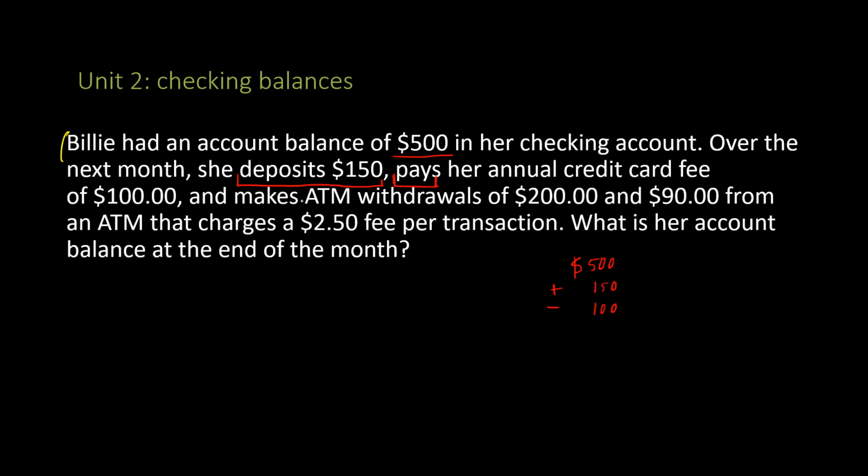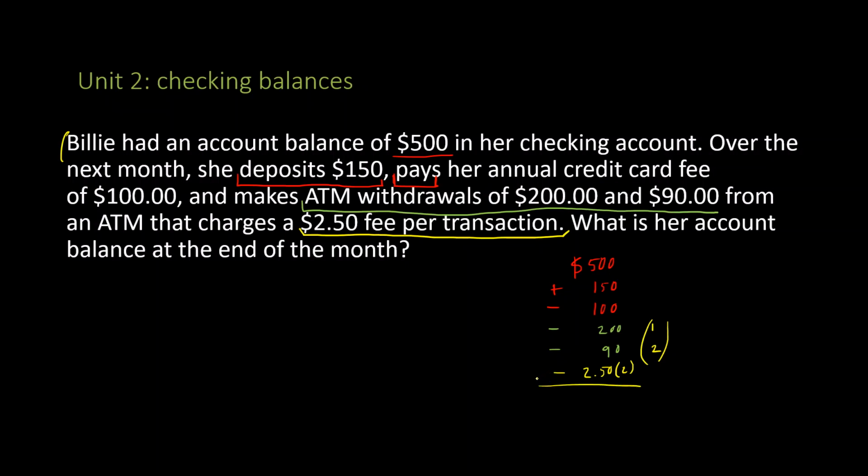Let's change colors here. So she makes ATM withdrawals of $200 and then $90. So we're going to subtract $200 because it's a withdrawal, and then we're going to subtract another $90. But these ATM withdrawals were made at an ATM that charges $2.50 per transaction. So how many transactions are there from the ATM? 1, 2. So we need to also account for $2.50 times 2 transactions that we are going to subtract off